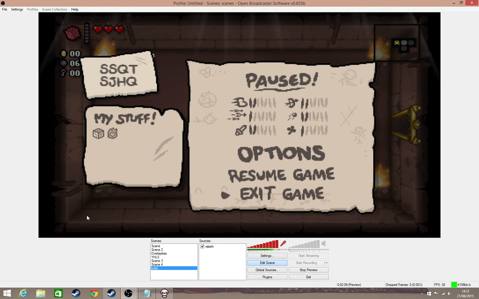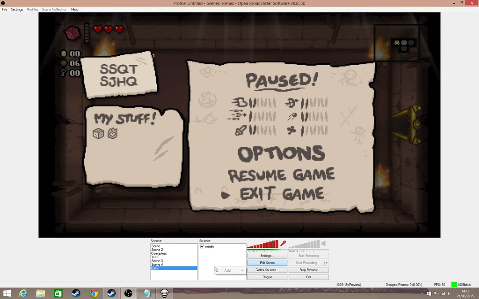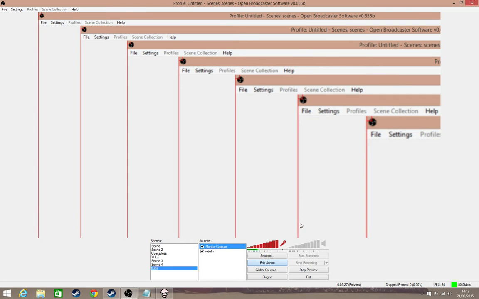Now, I thought I'd show just a couple of little extra things. As you can see, this is basically all we need to do. But I thought I'd show some little extra stuff. So first of all, for example, how to add a face cam. There are a few other things you can capture. Monitor capture does what it says on the tin. It'll capture my monitor,